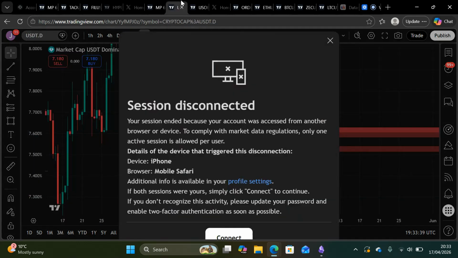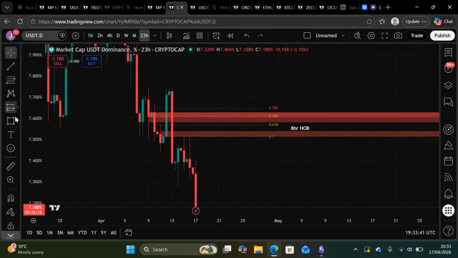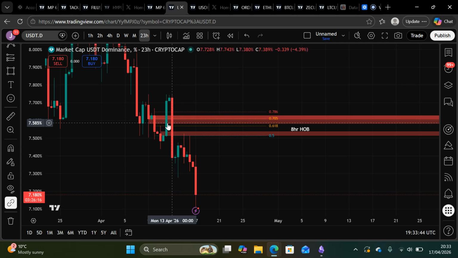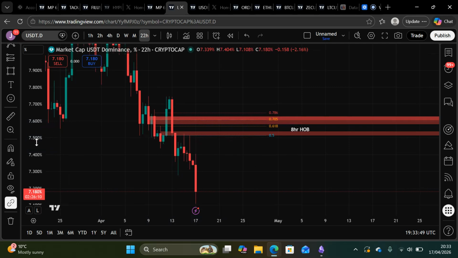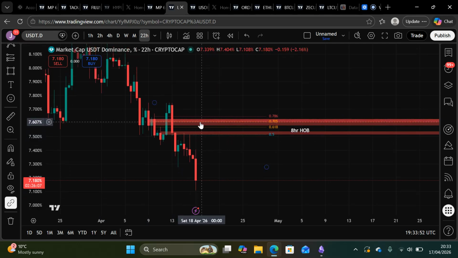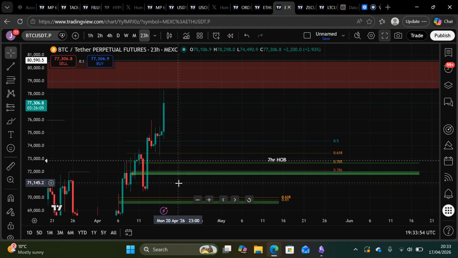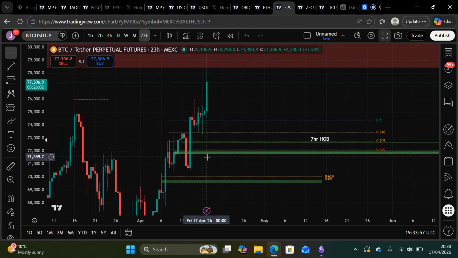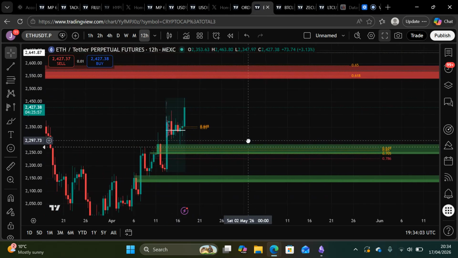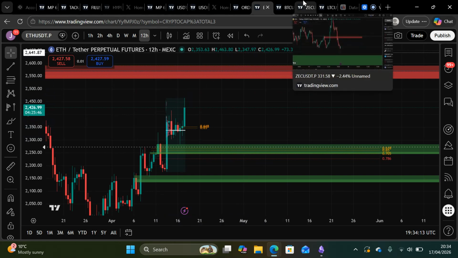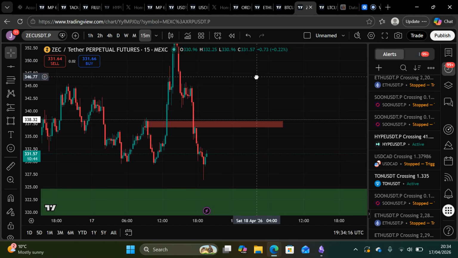Now, if we come over to USDT, you can also see matching on USDT we have these bearish HOB levels. We have a bearish 23-hour here and a bearish 22-hour hidden order block here, and you're looking to match this with your bullish level on BTC for confirmation on your trade. I thought that was just a nice example. Then you have your bullish levels here with ETH as well at the same time. I have a couple of bullish levels on altcoins that I've marked out on loads of different charts. I don't think they're up here, as I marked them out a couple of days ago, as far as I can remember.